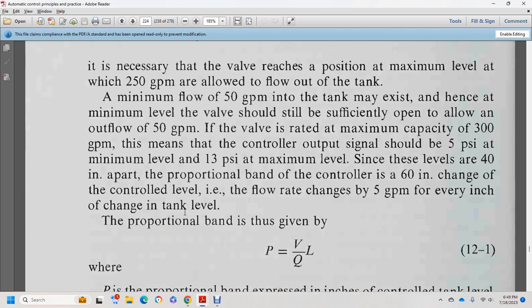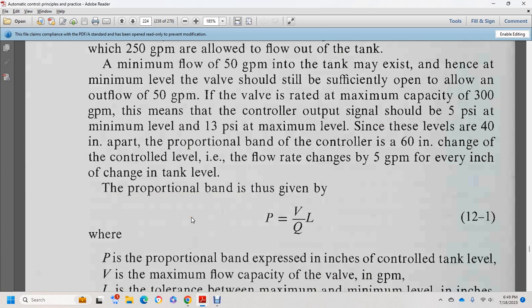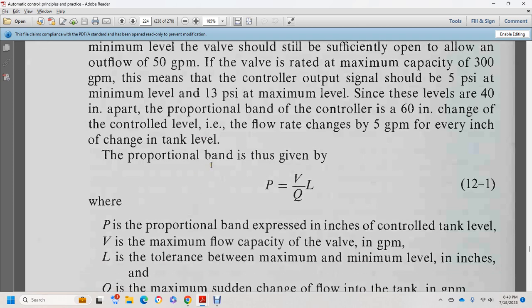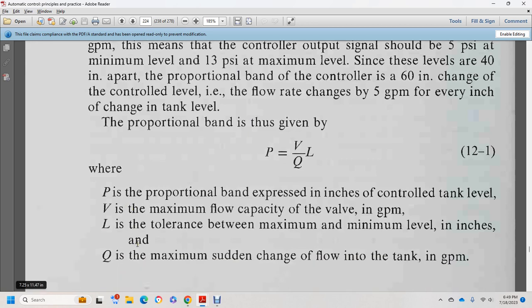The proportional band is given by P. The proportional band, in inches of control tank level, is equal to V, the maximum flow capacity of the valve in gallons per minute, over Q, the maximum sudden change in flow in the tank, in gallons per minute,